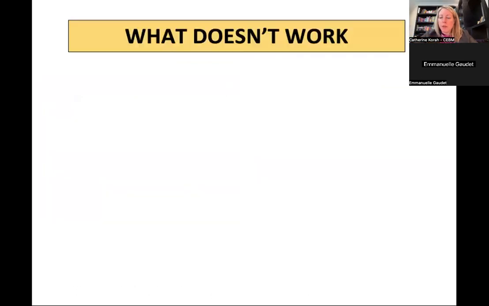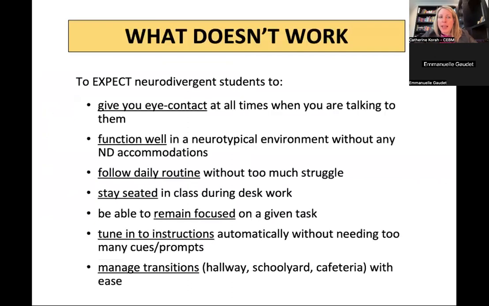And so we need to be careful about some of the approaches that we have, expecting that the neurodivergent student will be able, for example, to give you eye contact at all times when eye contact is actually quite triggering to them, or that they're able to function well in an environment that is meant for a neurotypical person where there hasn't been any neurodiverse accommodations, or that they're able to follow a daily routine without too much struggle, or that they're able to stay seated at their desk on a regular chair without doing any types of micro movement, and that they're supposed to be functional and successful in those circumstances,